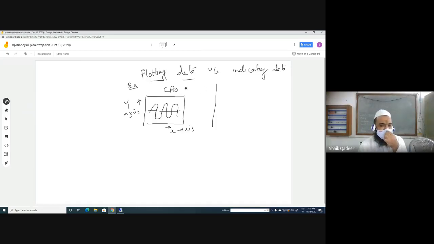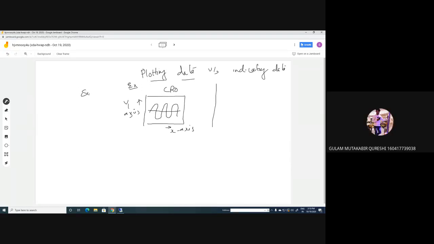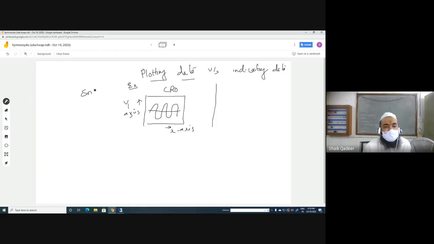The meaning of plotting data, one example I'm using in order to explain you the meaning of plotting of data. Let us suppose that we have a sinusoidal signal, a sine signal. This signal we want to see by two different means. First mean is plotting mean.